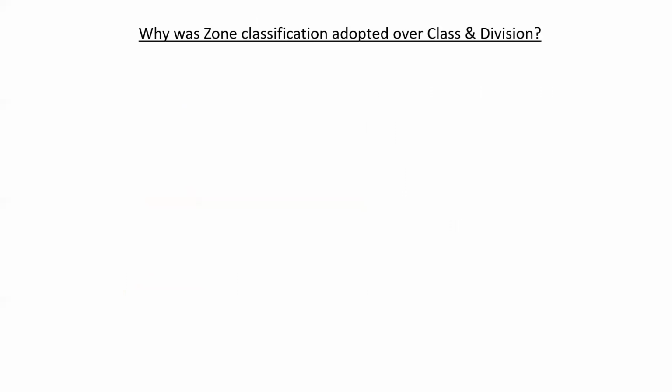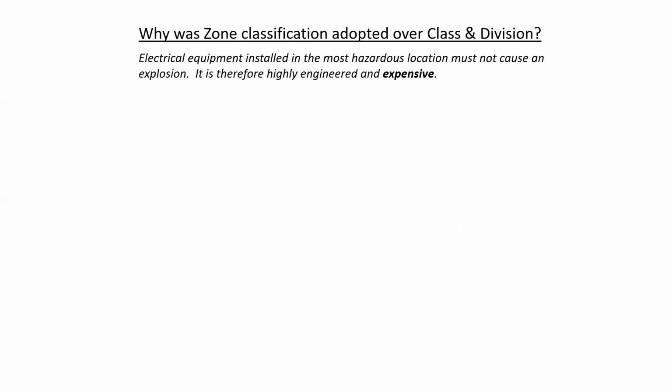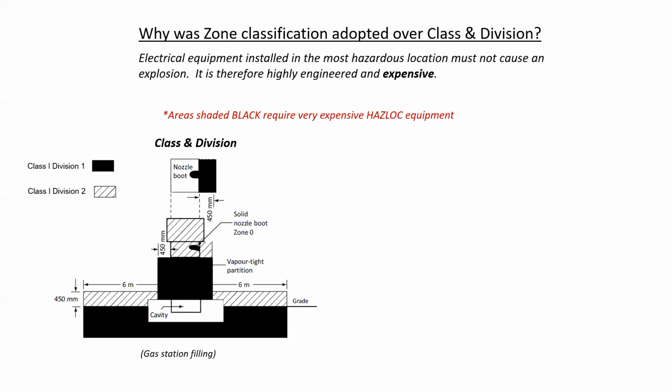Now, why was zone classification adopted over class and division? Well, electrical equipment installed in the most hazardous locations must not cause an explosion, and therefore it's highly engineered and exceedingly expensive. As an example, we could take a look at a gas station filling area where we fill up